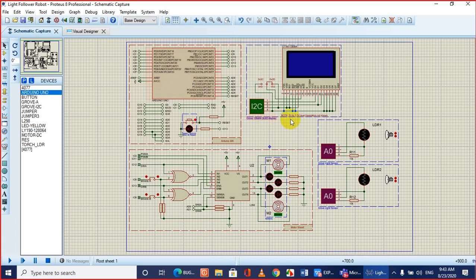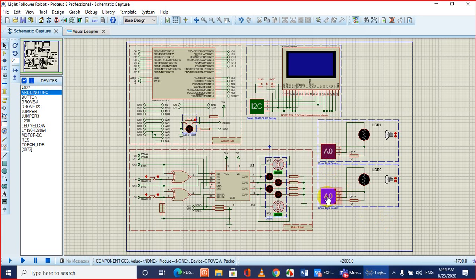Look at over here. Arduino Uno board, OLED display, motor shield, and 2 LDRs. Now your software does the connection automatically. But look at over here. You have picked up 2 similar components, so it is making a conflict. That means look at the connection. Analog pin A0, analog pin A0. So they have connected both sensors to the same analog pin. This is a conflict. On the same pin, you cannot connect two different sensors.